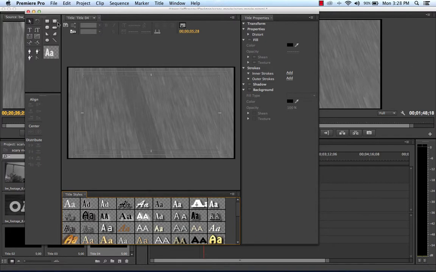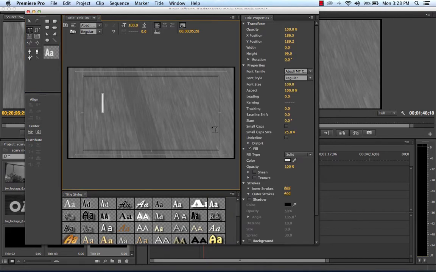In the program, again, you have different type options. You've got the basic type tool, vertical type tool, area type tool, vertical area type tool, path type tool, and vertical path tool, and so on. So I'll basically talk a little bit about each one of these, and then I'll talk a little bit about making credits that scroll or roll. So again, you can just click on the type tool and you can type in